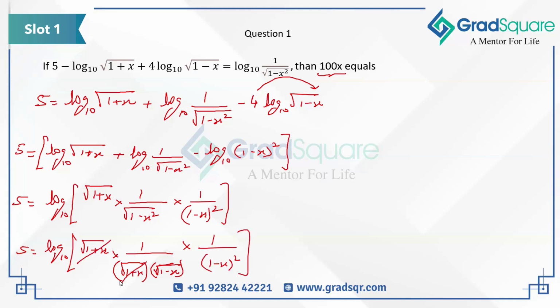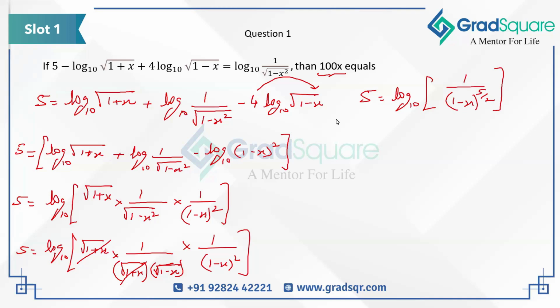This 1 plus of x will get cancelled out over here. What will you be left with is 5 is equals to log base 10 inside the bracket. What you are left with is 1 by 1 minus of x square into root over of 1 minus of x. So 2 plus 1 by 2 will make it 5 by 2, which is going to be the value over here because that will be 2.5. Right? Now, as a value of 5, which is equals to log base 10 1 by 1 minus of x